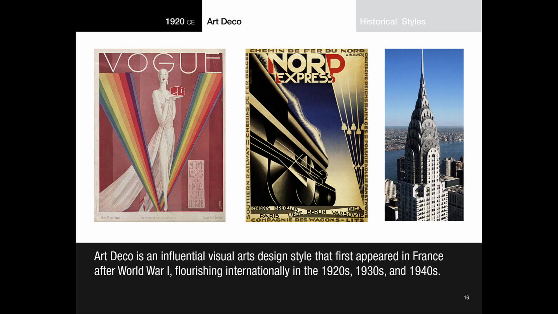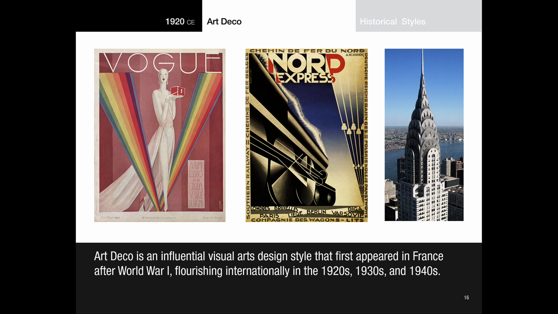This was the Roaring 20s. There was very much a sense of optimism. World War I had concluded. There was prosperity. There was also a lot of advancements in technology. So you see a lot of references to motion and movement, progress, moving forward. There's optimism you can see in the famous architectural top of the Chrysler building on the right. You can see the kind of raising sun